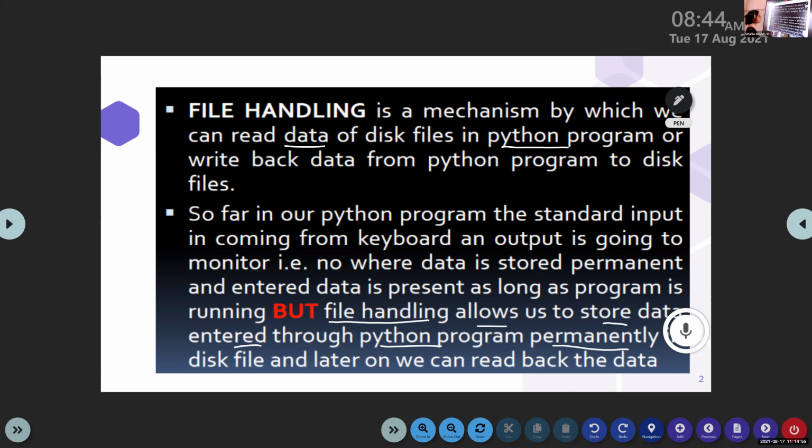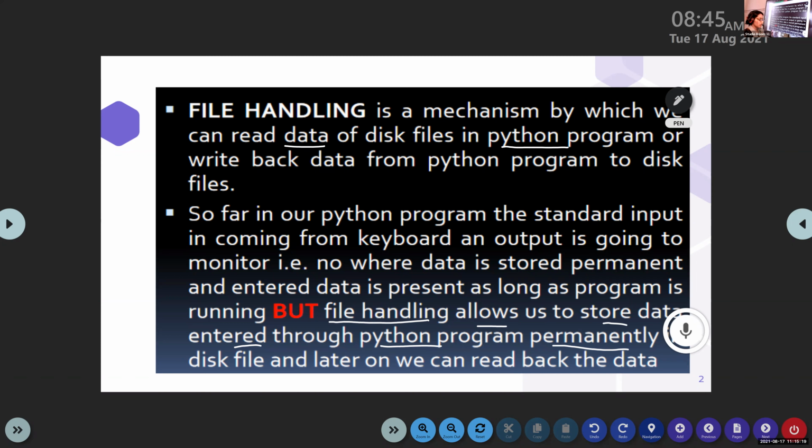This is the main reason why we are dealing with file handling. It helps us to store the values that we have entered through the program permanently. Later we can access that data. Did you get the basic concept of file handling?